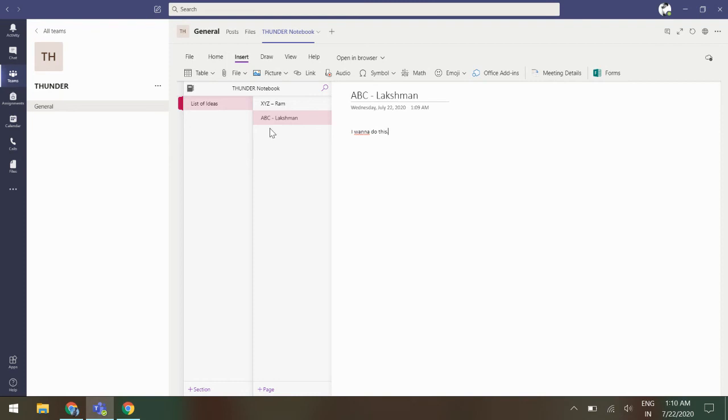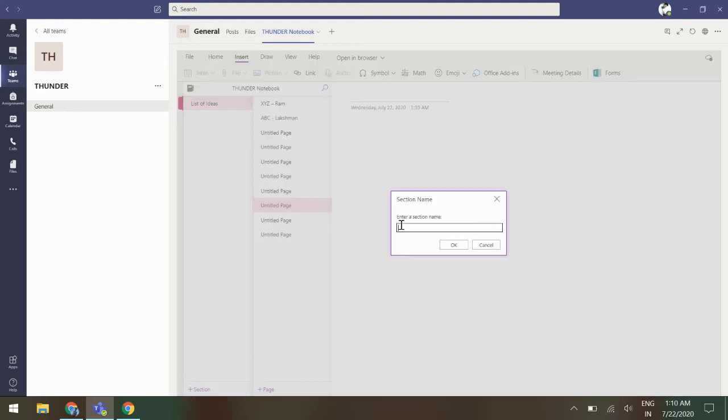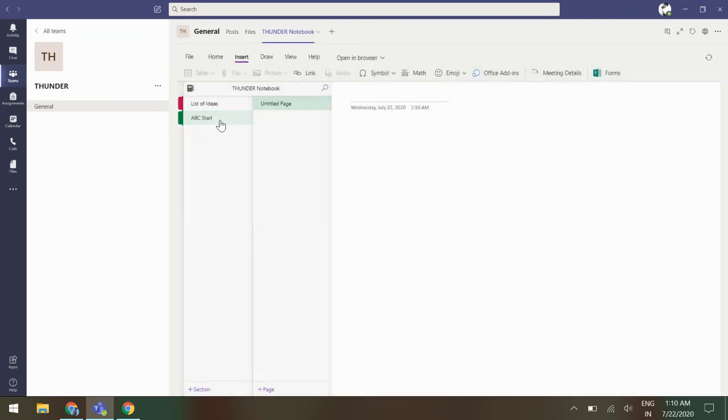Now you have seen you've got many ideas, and you decide to choose one. So now you want to work on that. Basically, come to this section, and if you chose ABC, then you start it. This is a new section and then a new set of pages. It's like you must be having phase one of your project.